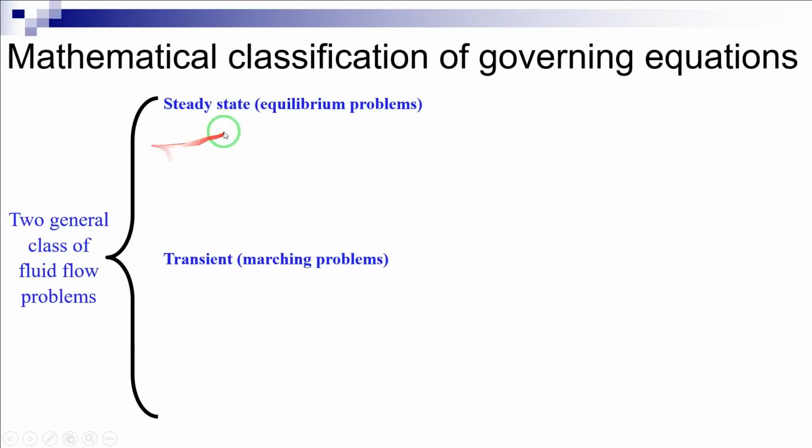Mathematical classification of governing equations. The governing equations presented in this section can be used to solve two general classes of fluid flow problems: A, steady state, B, transient. Steady state problems, which are also referred to as the equilibrium problems, are concerned with the